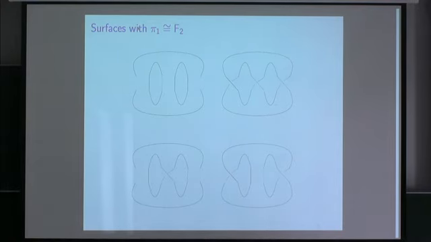So now I want to specialize to the case of compact surfaces of Euler characteristic -1, which is equivalent to saying that the fundamental group is free of rank 2. And there are four such surfaces. There's the three-hole sphere, the one-hole torus, these are the only two that are orientable, and then the two-hole cross surface or two-hole projective plane, and the one-hole Klein bottle. And at the very end, if I have time, I'd like to describe some interesting phenomena that occur for the one-hole Klein bottle.